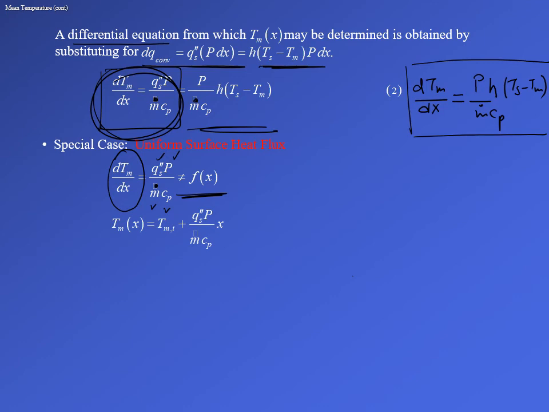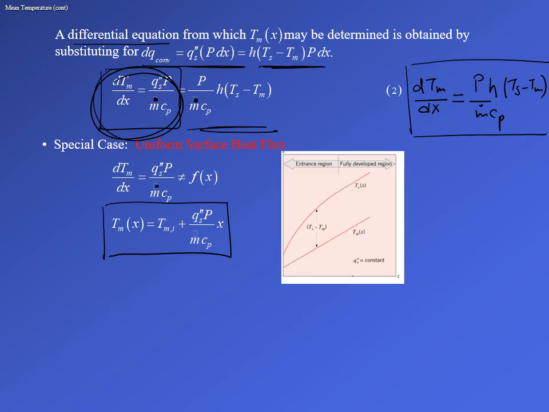So that means that dTm by dx is simply a constant, because if its derivative is not a function of x, that means Tm is a linear profile in x. So this is what we get by solving it. So here's a graph of this. So you can see that your Tm is simply a linear profile throughout. Okay, so there is no assumption of a fully developed region here, and this difference of Ts minus Tm,